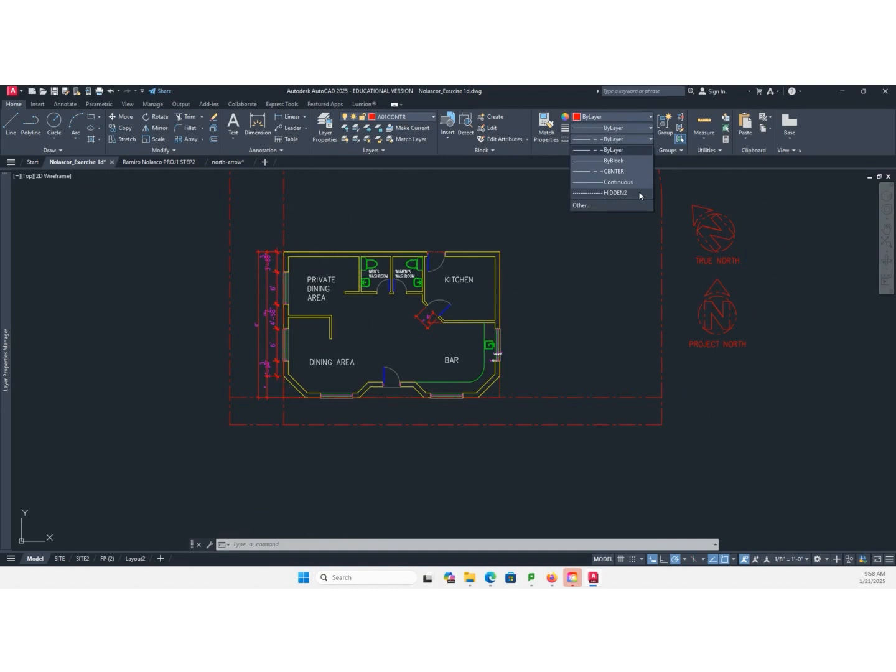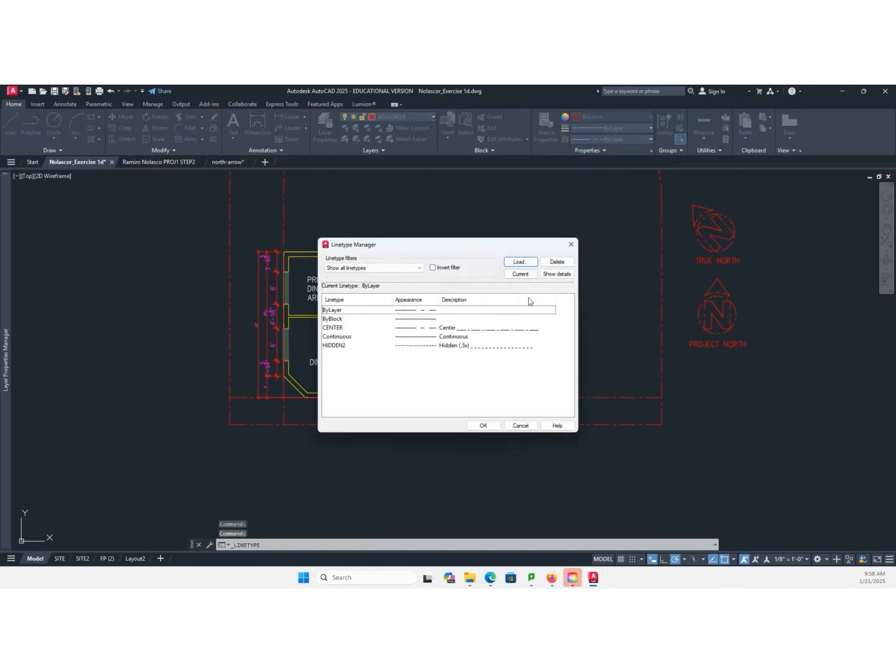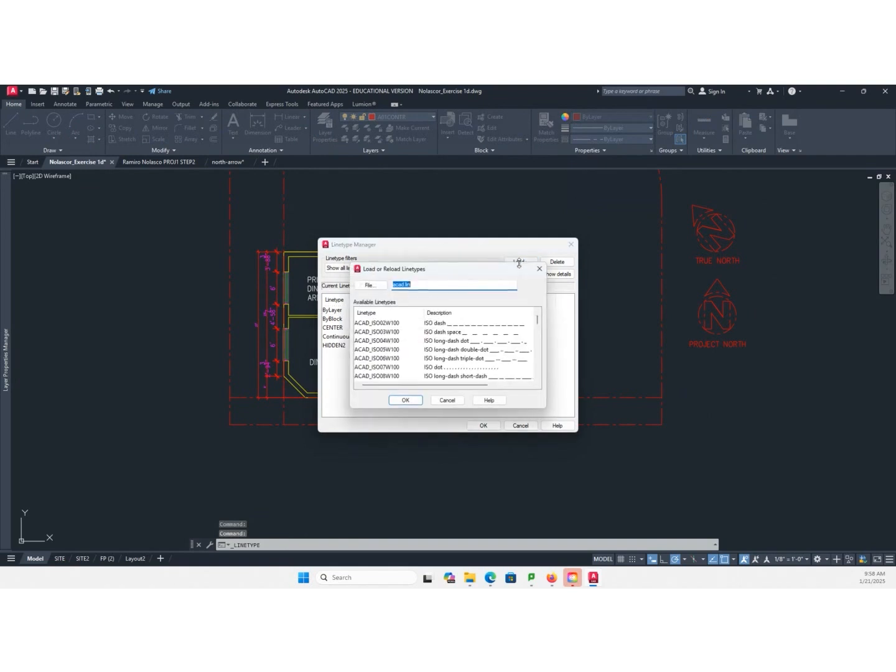If you do not have the hidden line type, you can click on Other, Load, Hidden. Okay, so there are different line types here. Okay, fence, you'll use that later. Fence square, you'll use that later. But we want the hidden line.